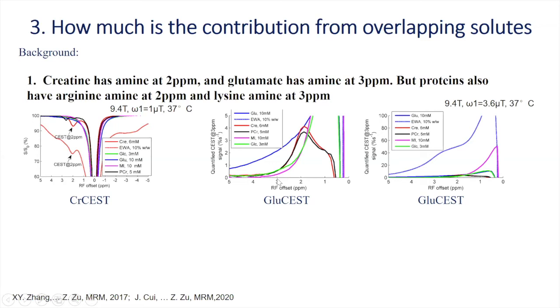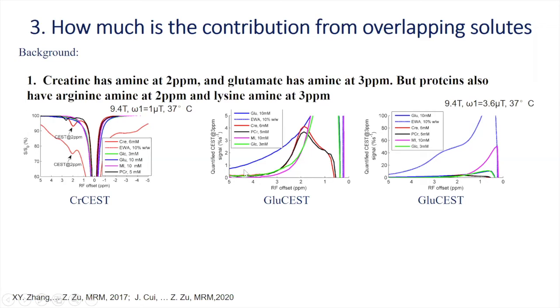Here we also evaluate the contrast origin of the CEST signal. We also measure these major tissue components. And here we use a higher power, 3.6 microtesla. This power has been used in the first CEST paper published in Nature Medicine. So here we found that